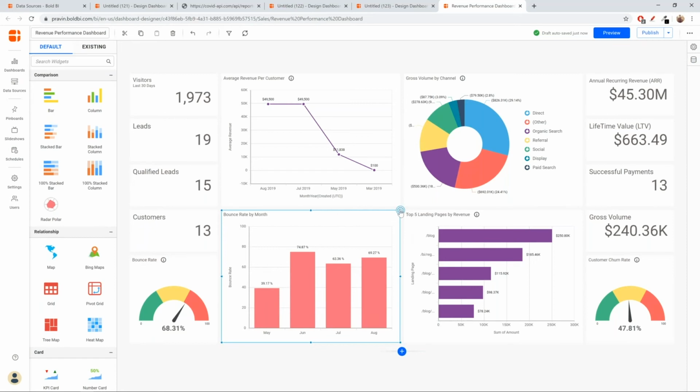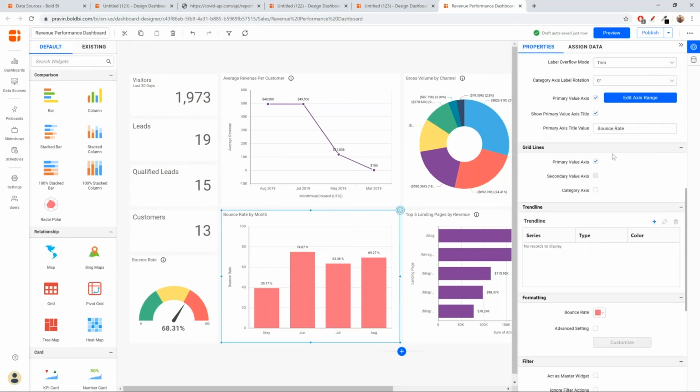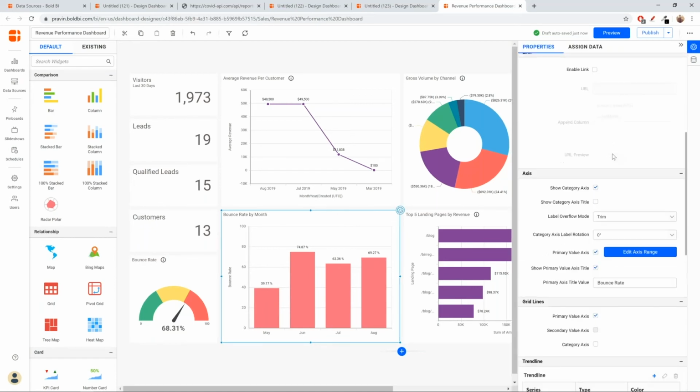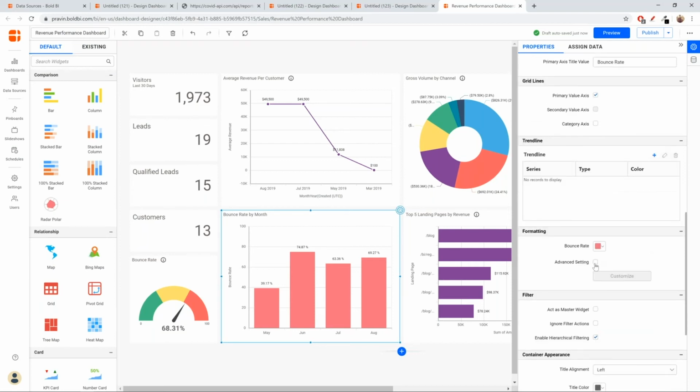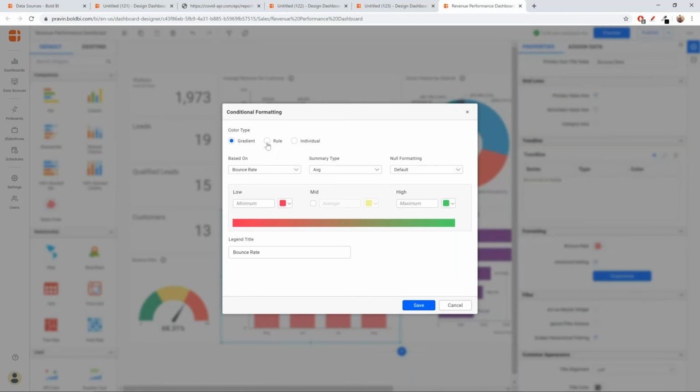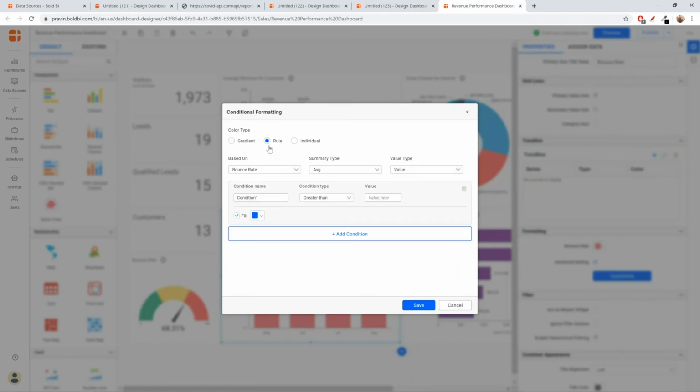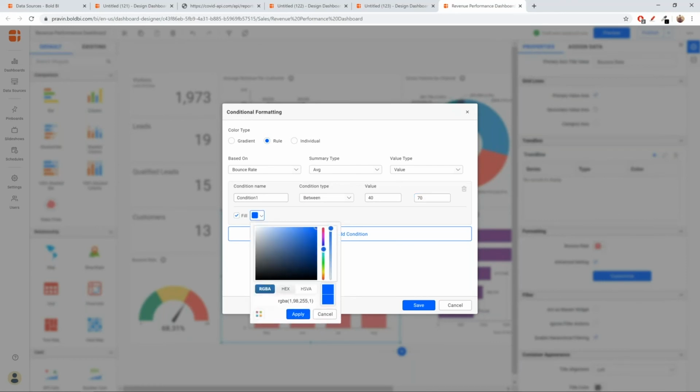So to do that, you need to go to the properties panel, and we have a formatting option here, and you can go to advanced setting. And in the advanced setting, you can enable the rule and add conditions. Say if the average of bounce rate is greater than 40, let's say between 40 and 70, let's apply a yellow color.